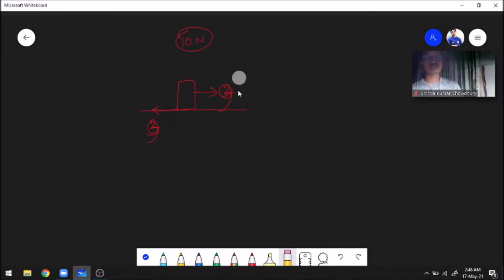The moment you're providing a push of 10 newtons, the surface also provides a friction of 10 newtons because it has a maximum limit of 10 newtons. However, this is the maximum friction of this combination. It cannot provide a friction greater than 10 newtons. It has just reached its limit. This situation, where the surface is providing its maximum friction, is called a limiting equilibrium.